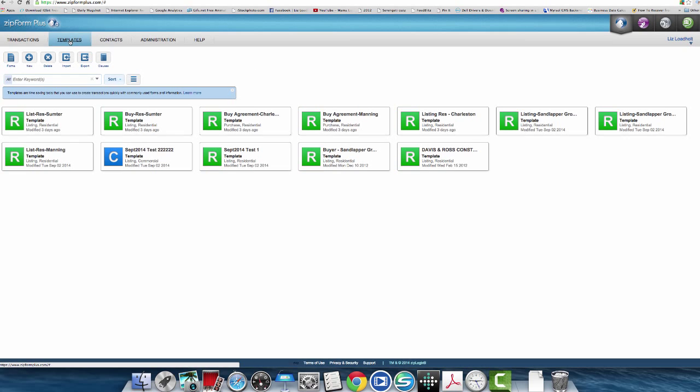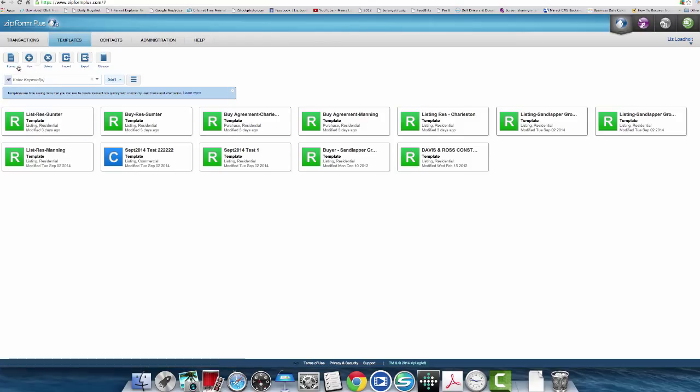You want to go to what's called templates. We're going to show you how to set up a listing template for yourself and a buyer template for yourself, so that every time you go into ZipFormPlus, if you have a new buyer, you just click on the transaction, set up your transaction. To get your paperwork, go to templates, and you want to set up a new template. So go to new